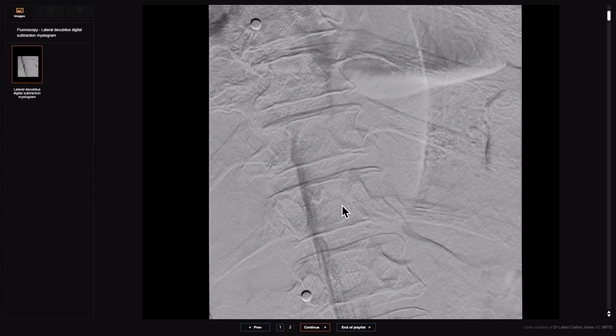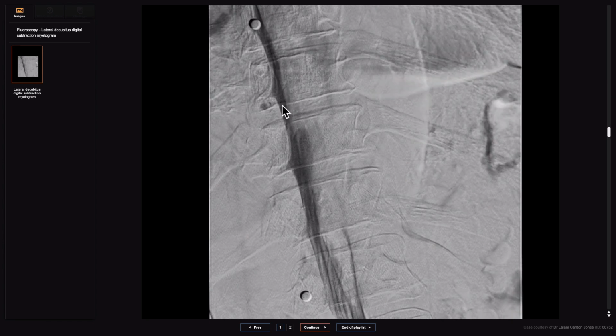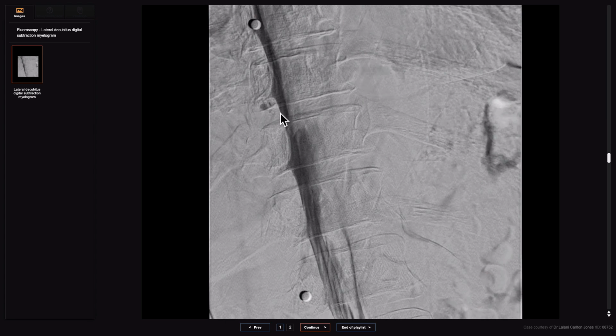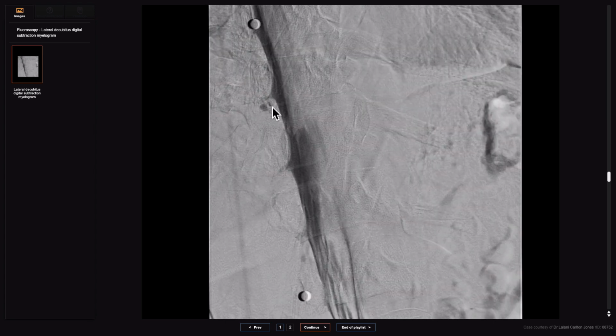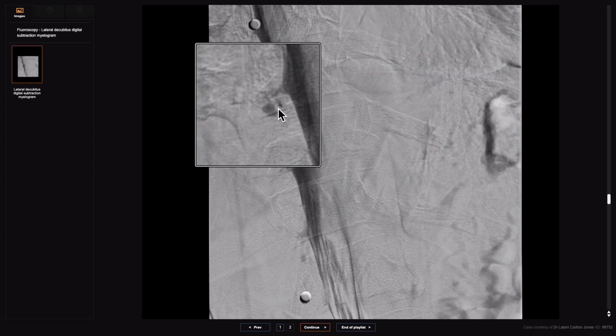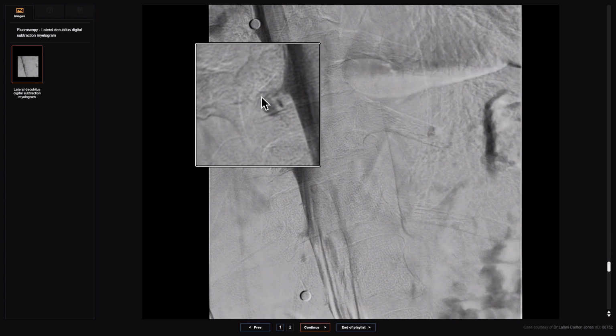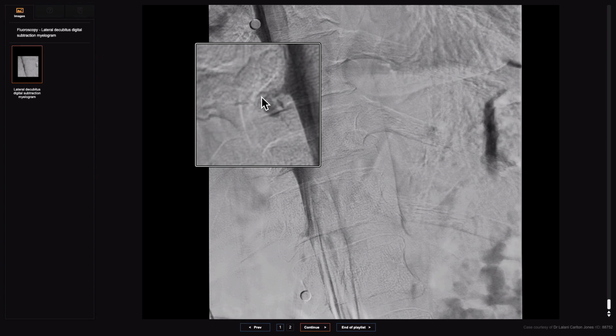Now here is an example of a patient who's having decubitus DSM, so we were suspecting a CSF venous fistula. Here they're layering on their right side, so you can see dependent layering on the right. And what you can see is progressive opacification of this little diverticulum at the T10 level. But what is going on around it? You can see all these little irregular squiggles that are opacifying with contrast. And these are these abnormal little venous meshwork that forms part of a CSF venous fistula at this right T10